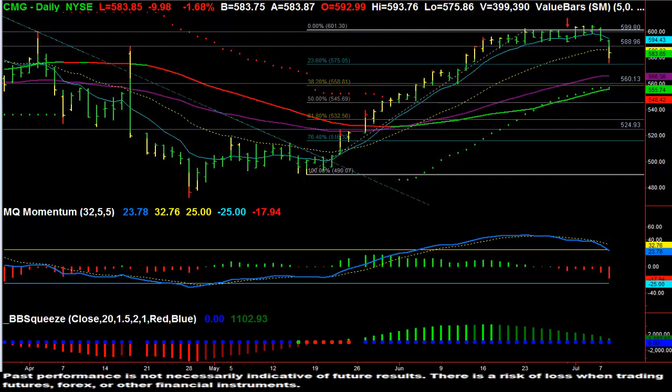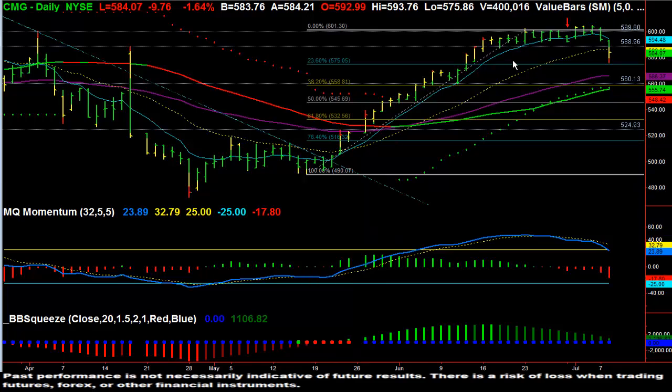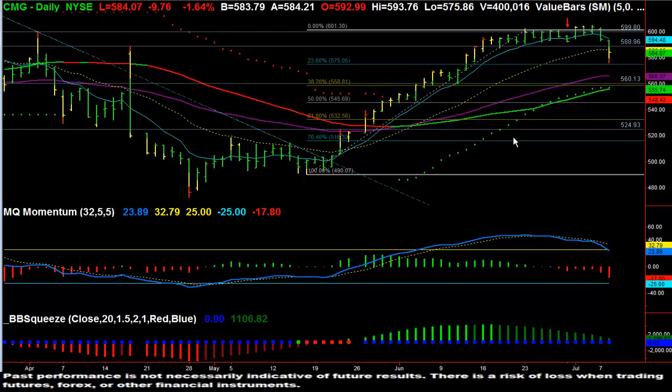Looking at CMG, I talked about this the other day in our weekly overview, but CMG was really shaping up as a potential big fish trade. You can see it from the low of May 16th to the most recent high on the 3rd. The high was 604.86, so it was roughly